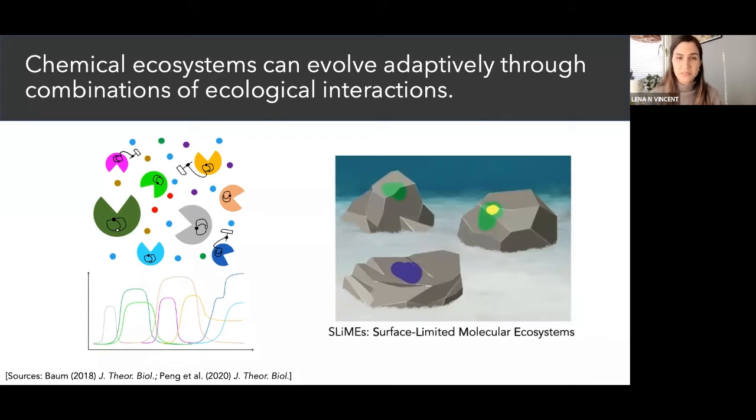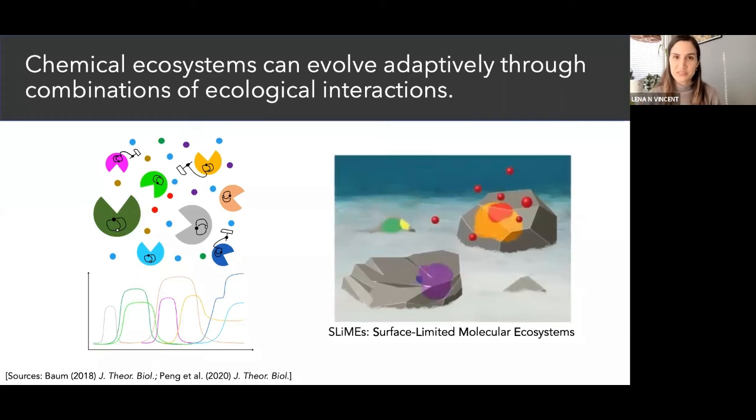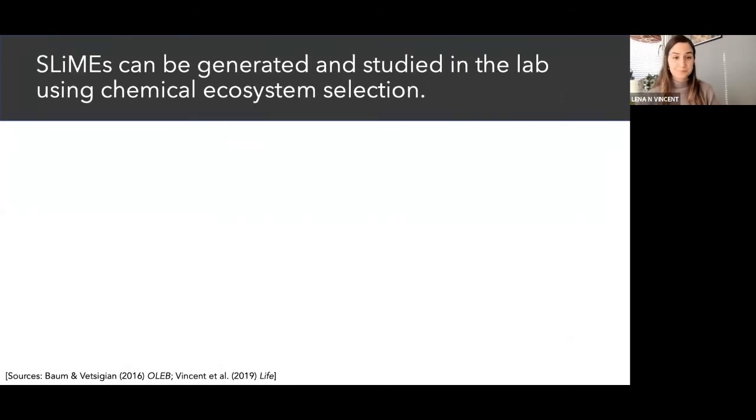So chemical ecosystems that are stuck to or adsorbed to mineral surfaces, which we endearingly refer to as slimes or surface limited molecular ecosystems, could differentially colonize mineral surfaces as a result of their chemistry, and even mutate and change in colonizing ability as a result of rare side reactions. And the continual turnover of mineral surfaces might act to select for variants of slimes that are better at getting from grain to grain. And so this model shows how, in principle, you could get complexification and evolution in the complete absence of polymer-based genetics, or even compartments.